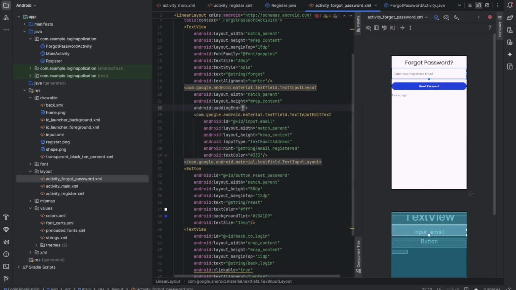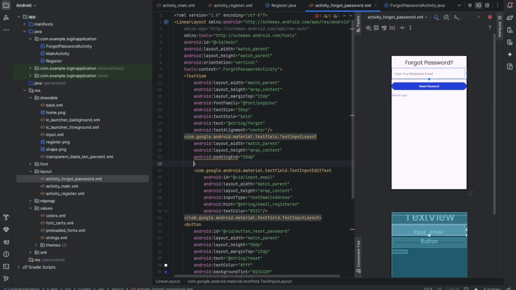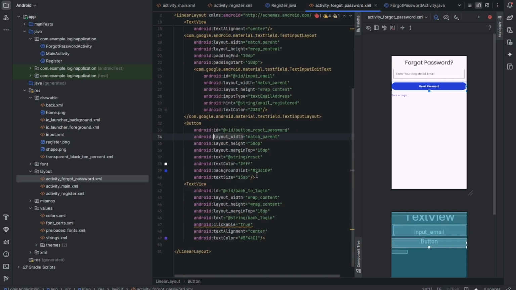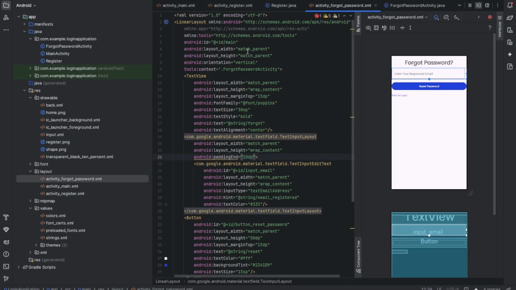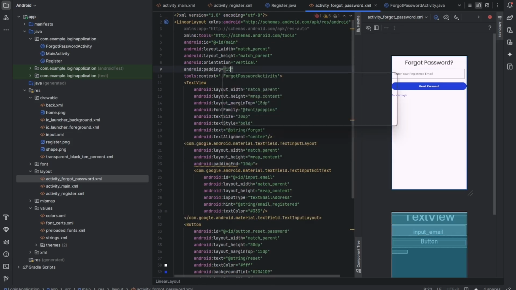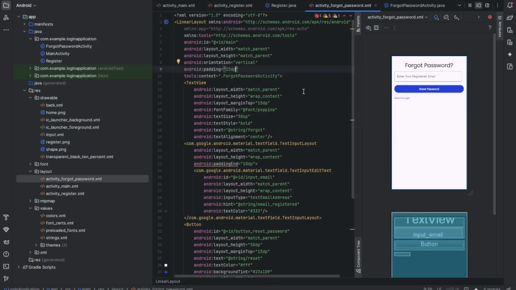So padding, and we can add 10 dp, and at the front we can have the same. So take this and put it also at the button, or we can just do all of this and just set padding here, like 15. Yeah, we are good. Now we need to create another, because when the user clicks on reset, it will take